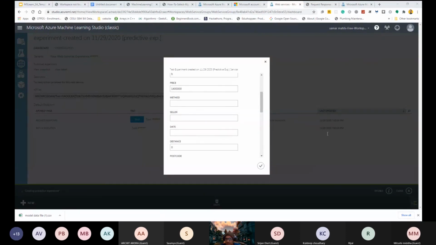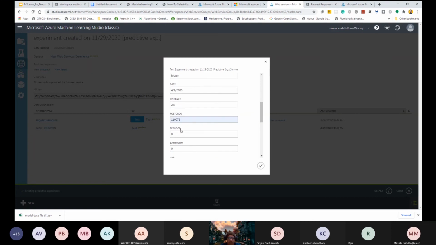Method will be a seller name, PIGGIN. Date of selling that particular property is 2000. Distance from the main spot 2.5 kilometer. Post address 3067.